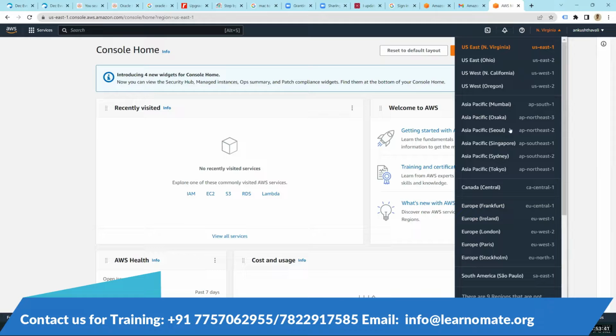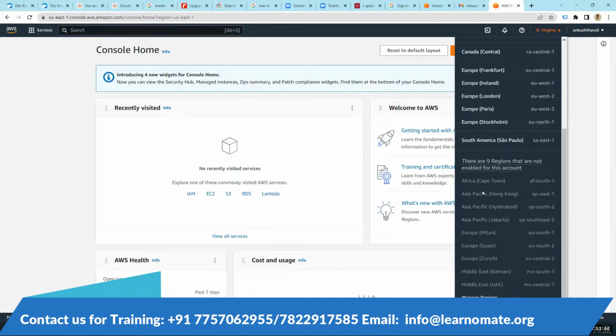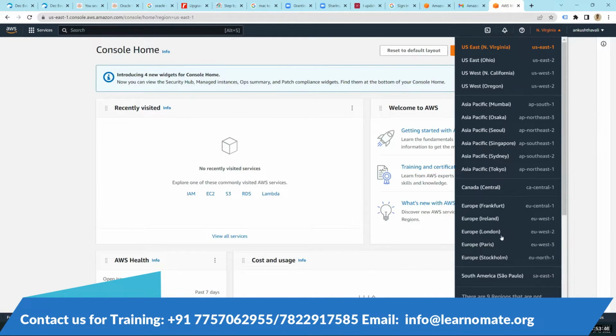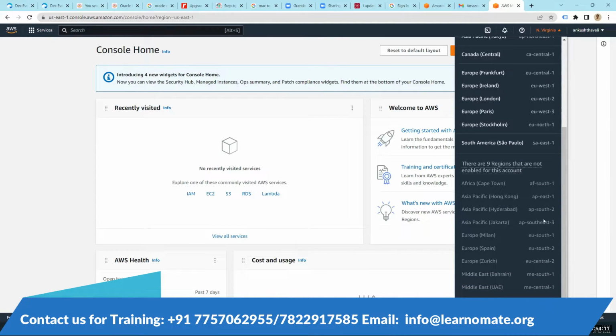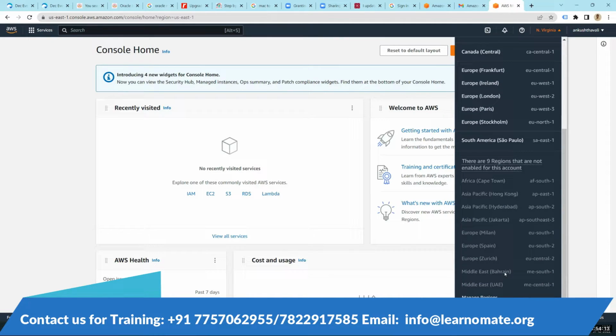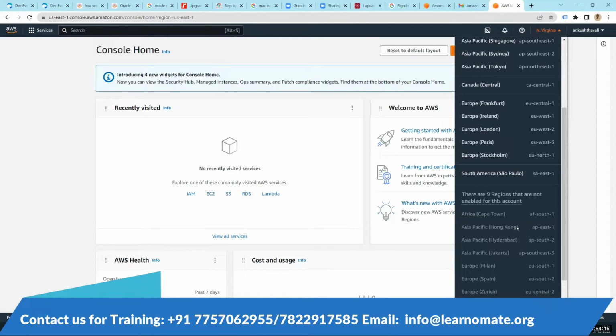And you see at the bottom there are 9 regions that are not enabled for this account, right? So that says, as I said initially, a total of 24 or 25 regions, out of which some are not enabled by default. If you want to use them, you can go and enable them, but you will not get charged anything for enabling that. You will get charged for the resources that you use in those particular regions. That's all. So they are not enabled by default, but you can go and enable them. For example, the Hyderabad region is one of them, and Milan is one of them. Hong Kong. See, there are different regions that you can manage.